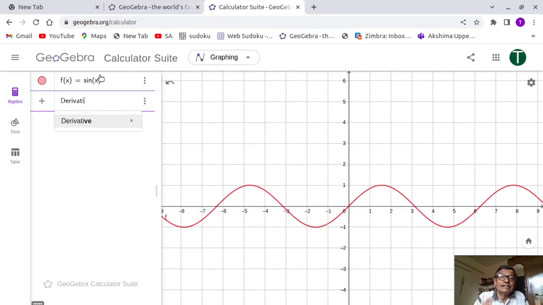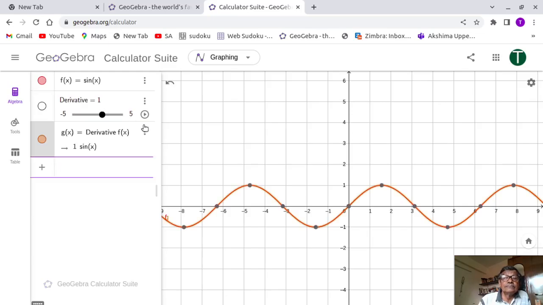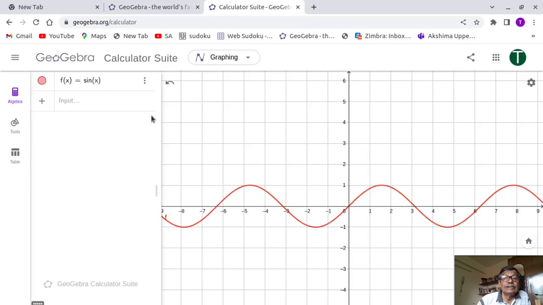So type derivative. Okay, something will come out, derivative. And then you say derivative of the function f. Suppose you do like that. Does it take? No, it does not take. So I have to delete this. I will write this